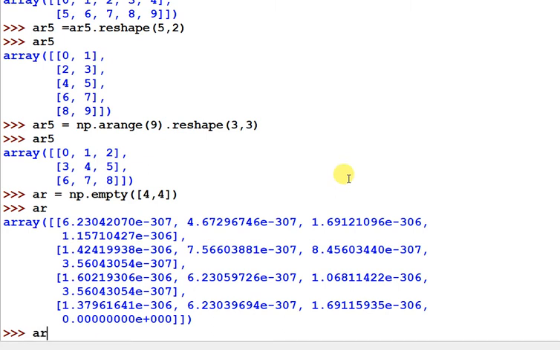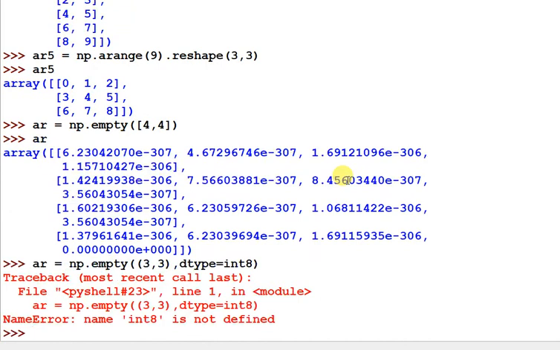Suppose AR equals np.empty, and I am passing 3,3 as a tuple here, and dtype equals np.int8, and then I am closing.